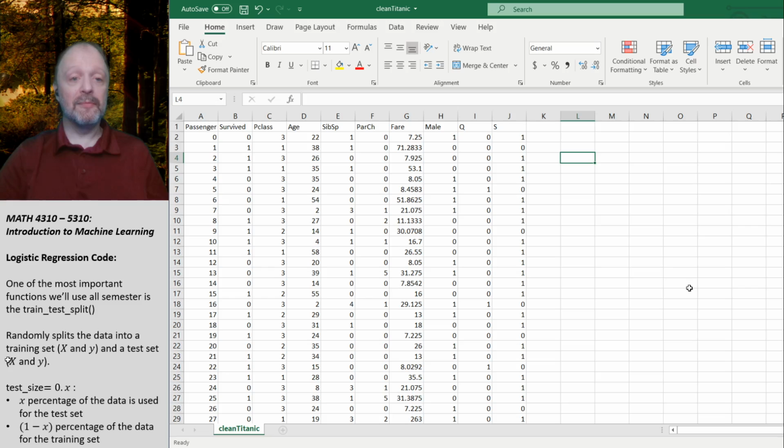It's been cleaned up, hence the clean Titanic data set. One of the things we may tackle if we get further in the semester, if y'all want to, we can actually walk through cleaning up some really messy data sets. It's tedious, and